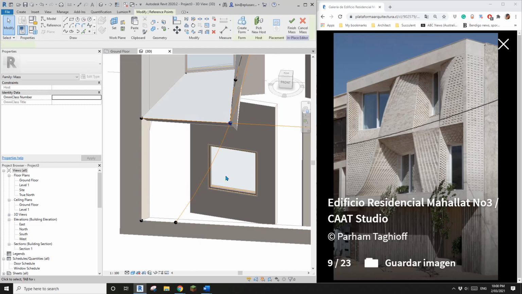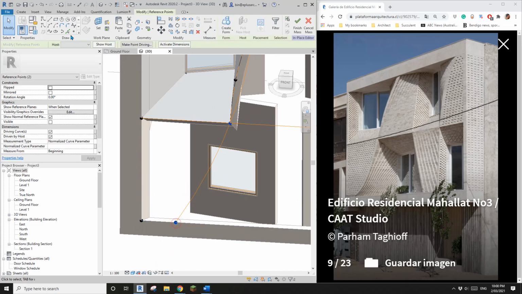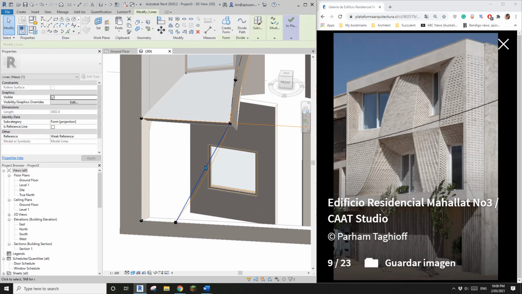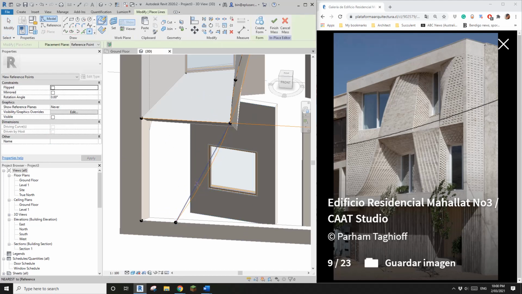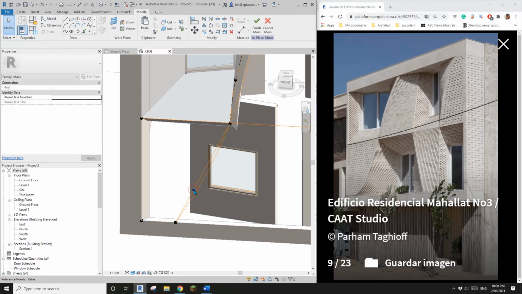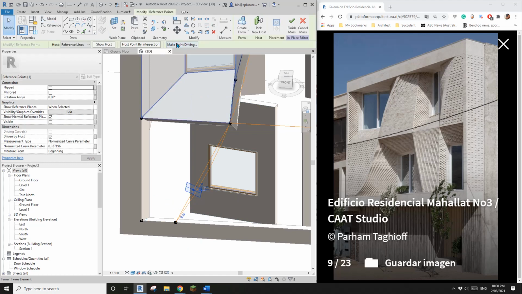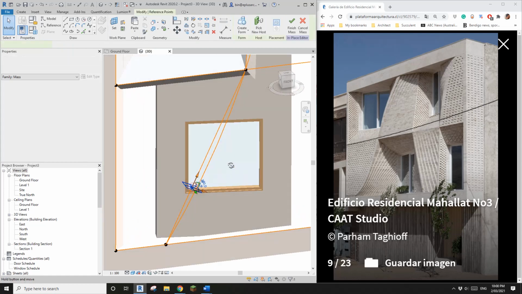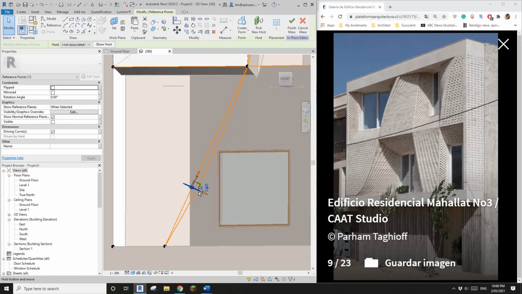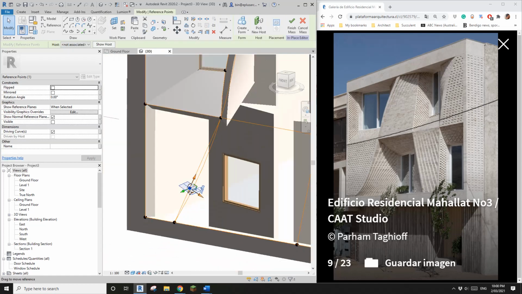I'll use this point and this point to create a new spline and reference line, and I'll place one point on this reference line. I'll select this point and make it driving. Okay, so now if I select this point, and also you will see this color, so see orange, green, and if you